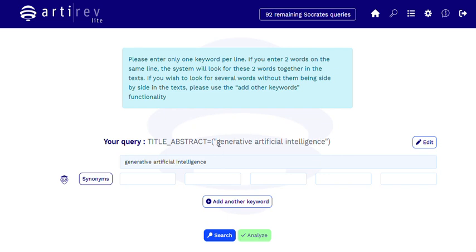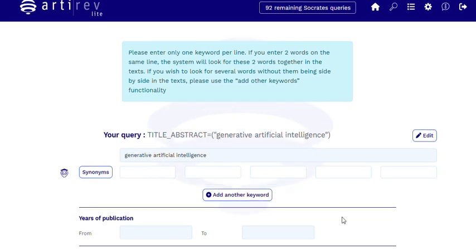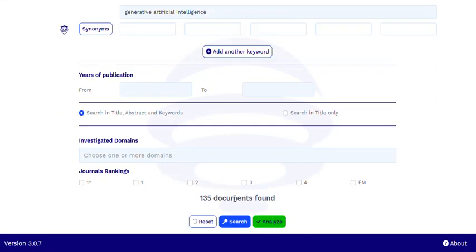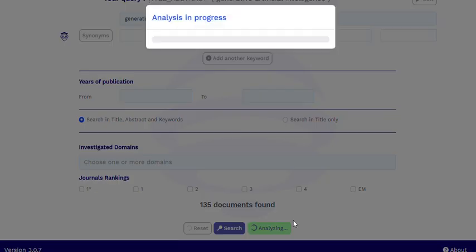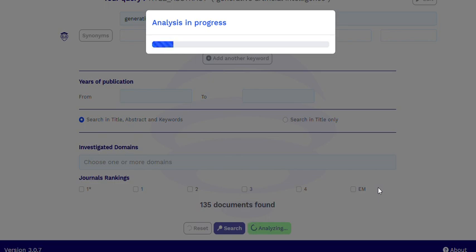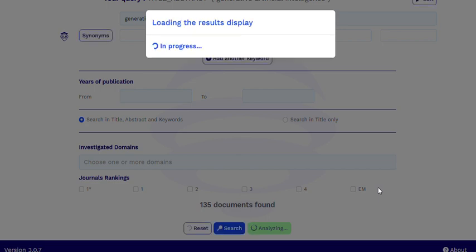The system will go look for the full expression, generative artificial intelligence, in titles and abstracts of articles. You click on search, and you're told that we have 135 documents that fit your search. You click on analyze, and the system will conduct bibliometric analysis on those 135 documents, and it will produce two sets of results, which we're going to see. Once the bibliometric results and the mappings are obtained with Artirev, the system will call here: Artirev has finished. It's calling upon Socrates